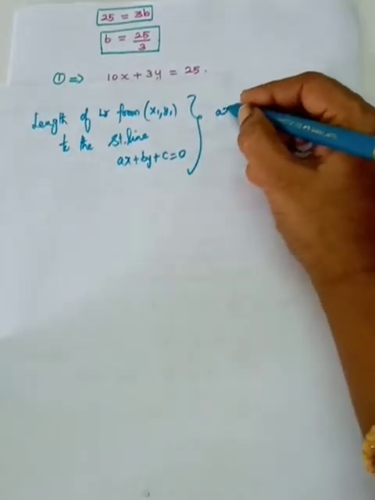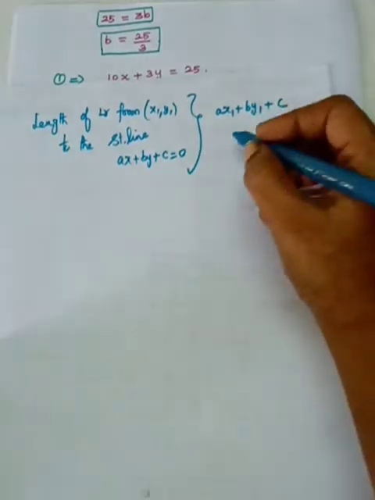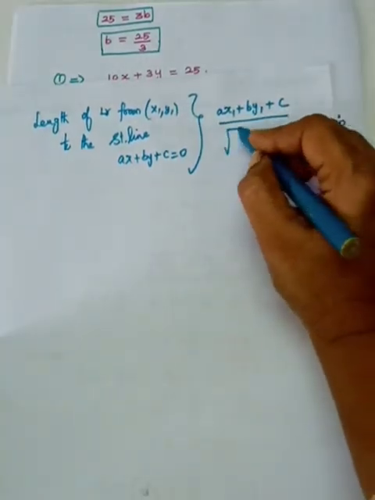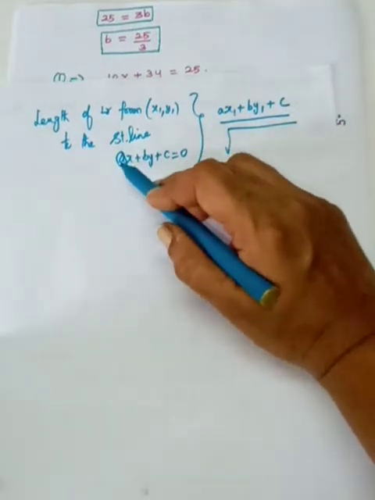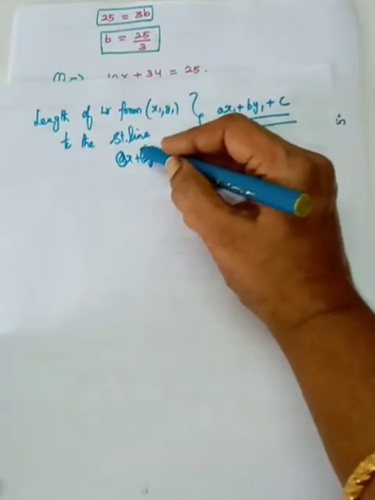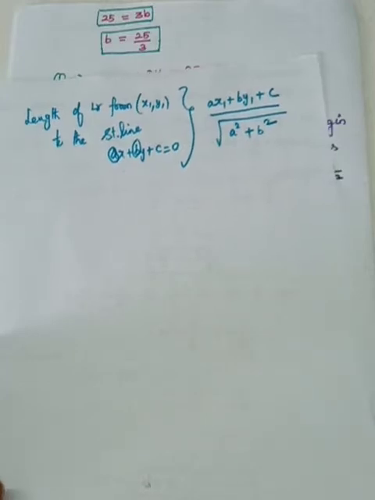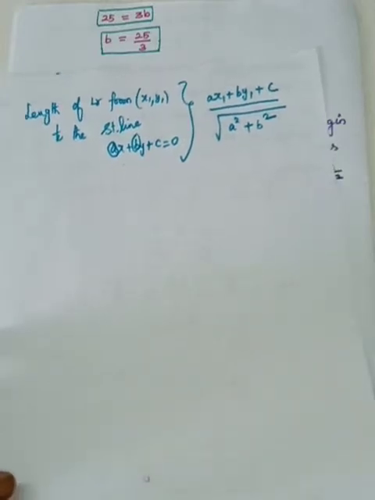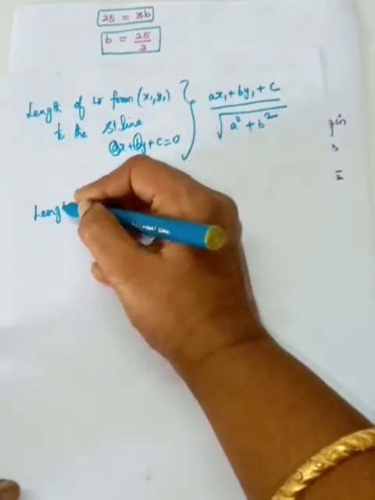So it is ax1 plus by1 plus c divided by the square root of the coefficient of x on the line. The coefficient of x is a, so it is a square plus the coefficient of y, that is b square. So this is the length of the perpendicular from x1 comma y1 to the straight line. Here what is asked? Length of the perpendicular